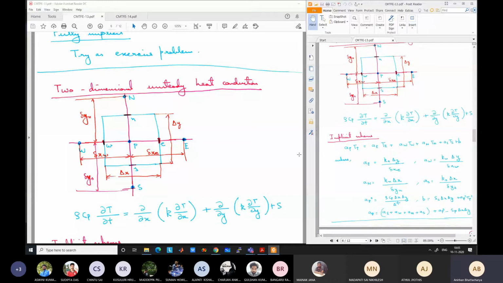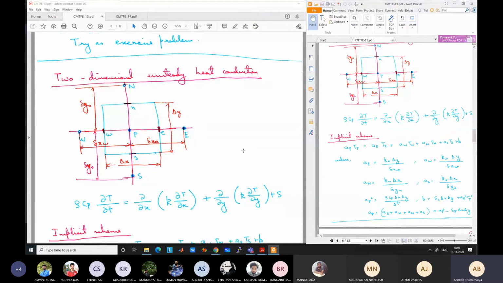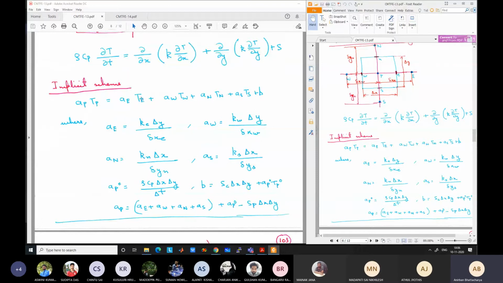Initially finite difference and then finite volume method, and in all cases, whether it is implicit or semi-implicit, and also in the explicit method, we get equations like this. But in the explicit method we can directly solve because all the coefficients on the right hand side and all the variables are known. So we don't need any special method for solving the equations. But for any other method, we get a system of algebraic equations.